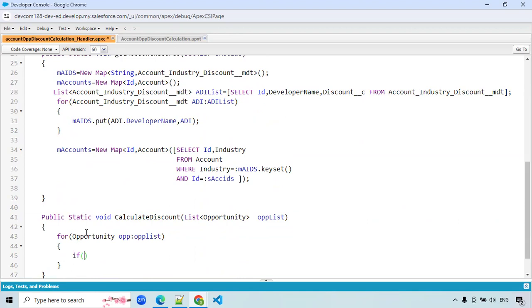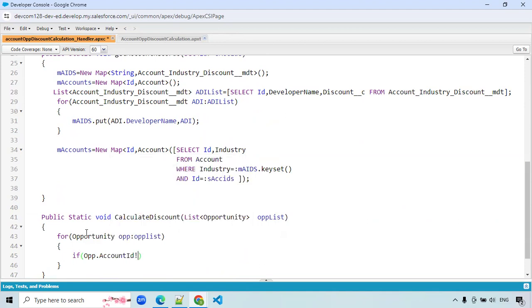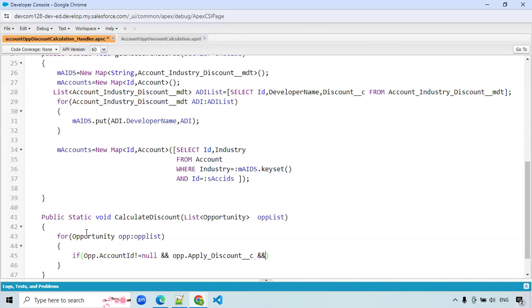So if opportunity account ID not equals to null and opportunity apply discount selected and